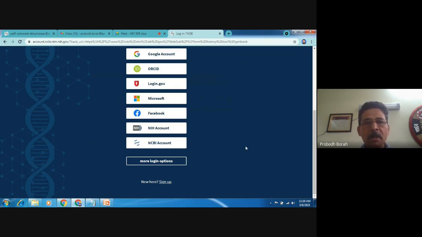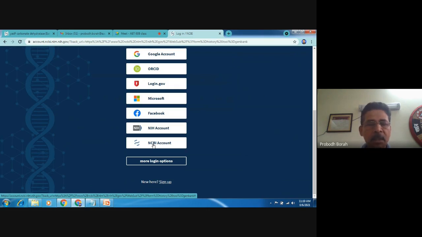So if you have got an account in NCBI, you can click on NCBI account. Rather, I advise all of you, if you want to submit sequences by using BankIt to NCBI, it is better to have an NCBI account.